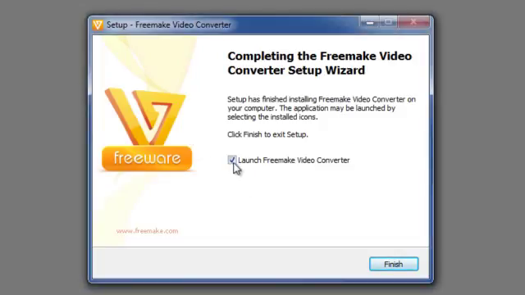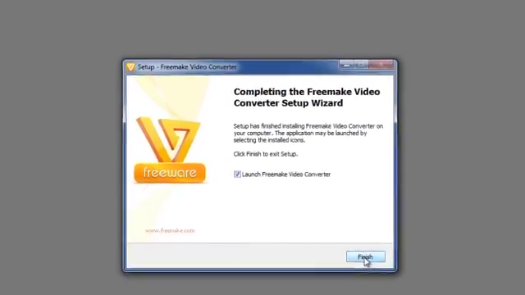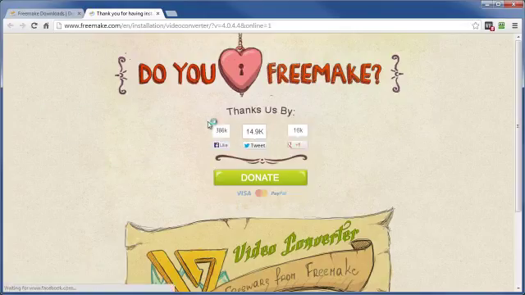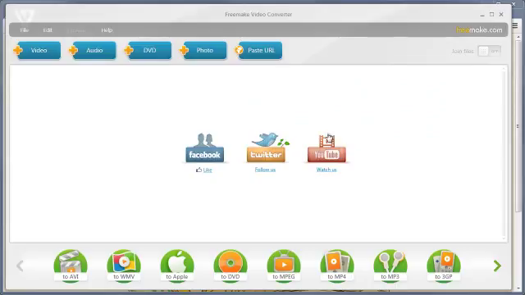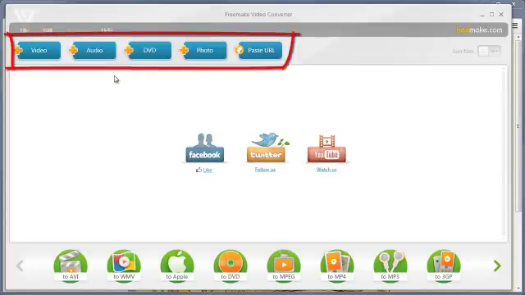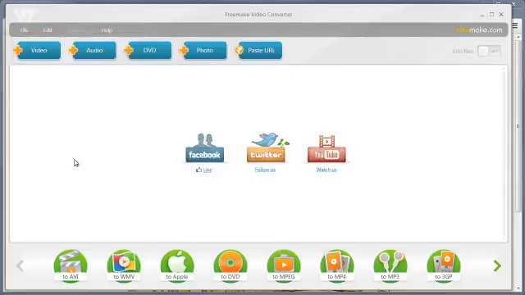And at this point, I just want to make sure that box is ticked because I do want to launch the video converter right now. Click on Finish. And then the browser pops up wanting you to send them some money. And then this is the actual software interface itself. These are all ways in which you can bring your content into the Freemake Video Converter to do the converting. So whatever product or content you have up here, you would choose down here the item that you want to